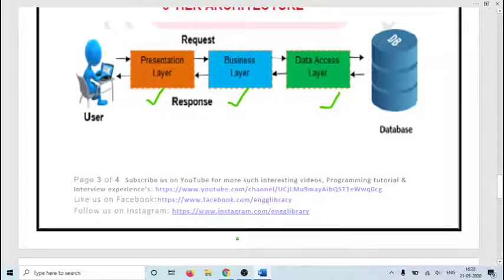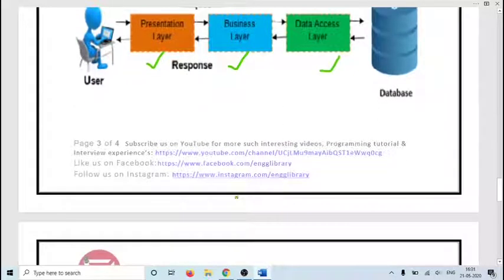Suppose on the railway website we want to check the train details, we just enter the place where we want to go and search for trains. We don't have to write any query. The interface in the presentation layer could be made in any language like Java, PHP, JavaScript.